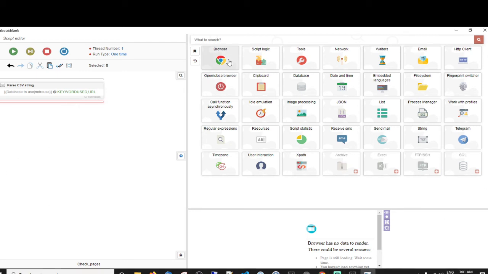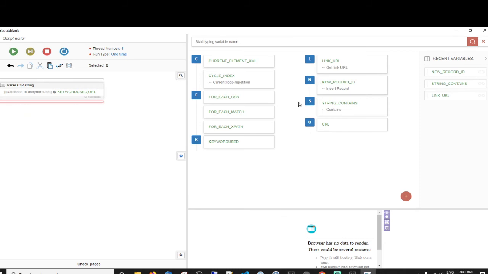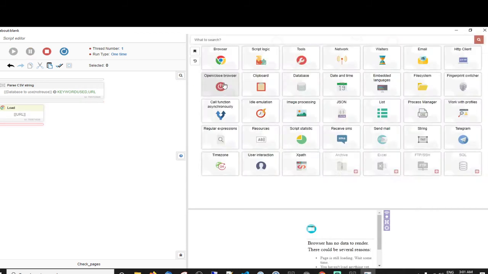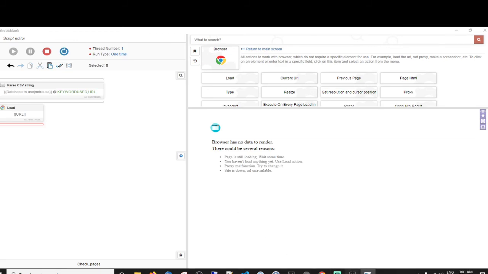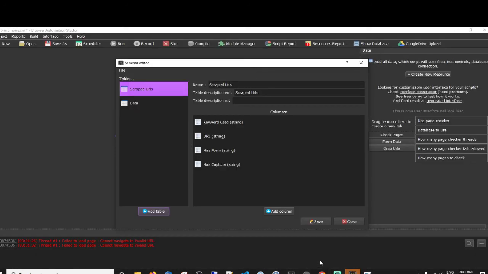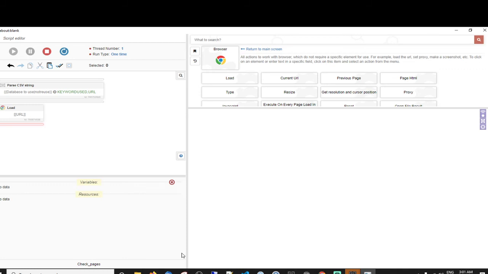So let's load, and then we're going to use the... So it's going to take each line that's in the database and put it into these variables. So I need to use the variable URL. It should... Okay, load. No, not going to do that. Okay, what happened? Cannot navigate to invalid URL. Fair play, mate. I don't blame you. Right, why is it invalid?